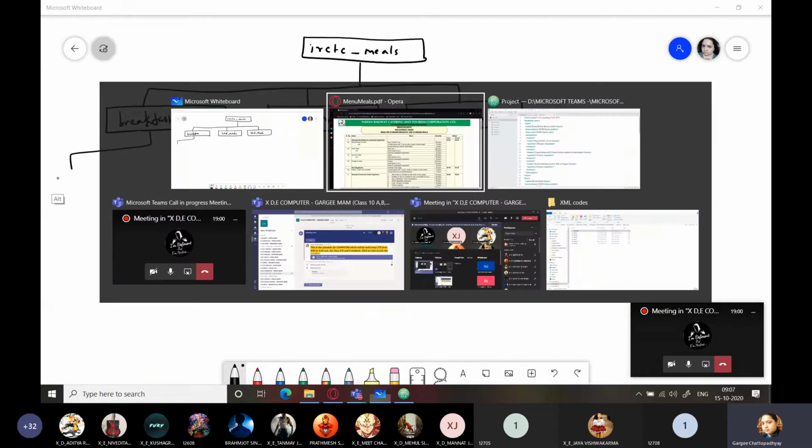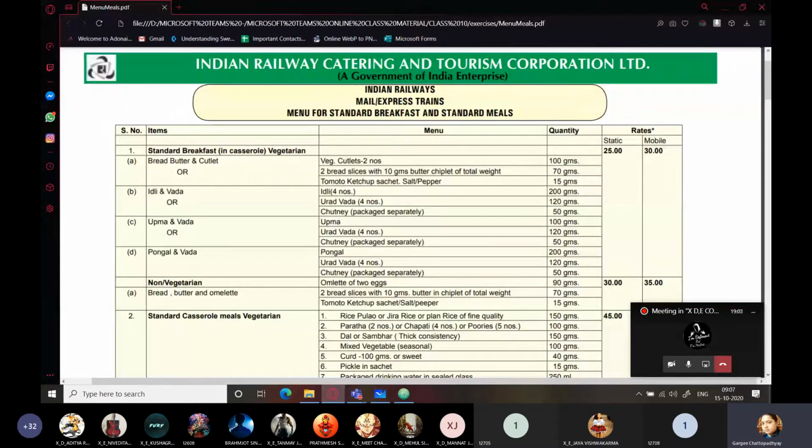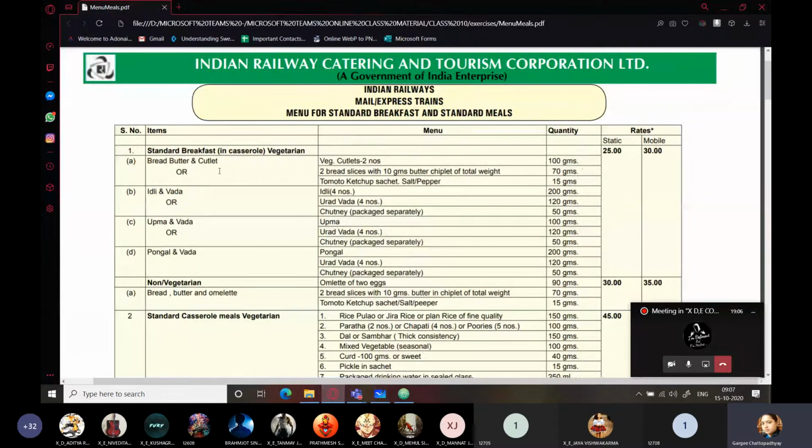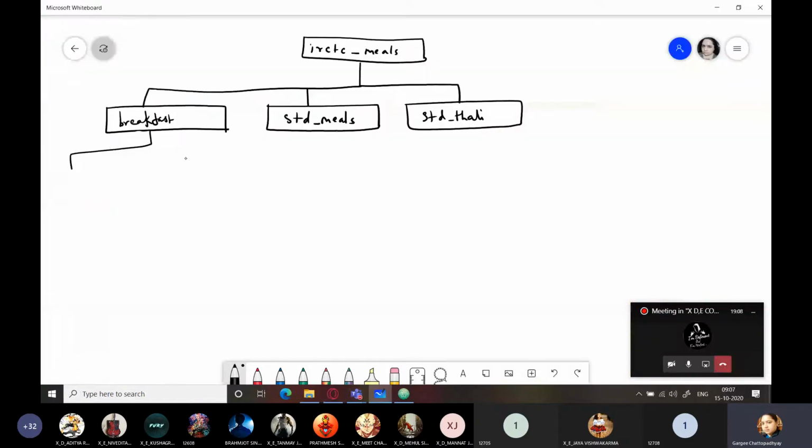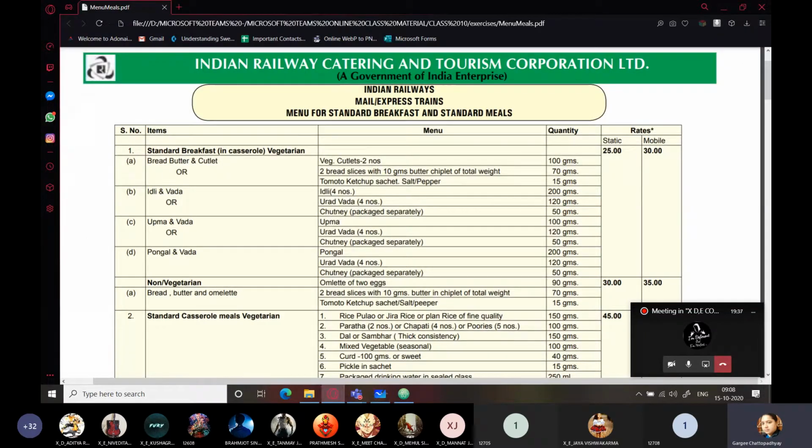Because now what element name can you give for this thing? What is this? This could be taken as food item, right? So I can just write here the element name as food underscore item. Fine. And as a content, I'm just going to write one example of each. So one example of each I'm going to write over here. So this thing is content, which is not written within any rectangle.